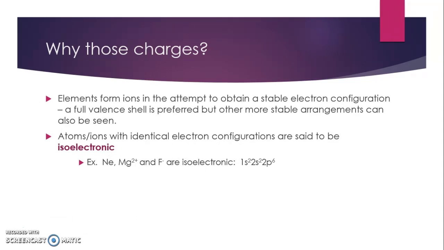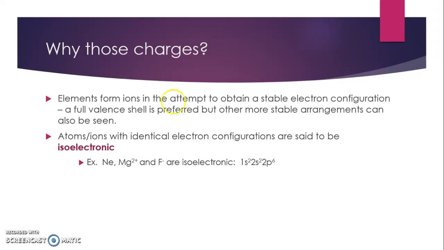And why do those charges form? Well, they're going to try and get that stable configuration. So remember, we want a full valence shell, or we want a full sublevel, or we want a half-filled sublevel. So all of those charges that you saw on the last slide are a result of trying to become stable